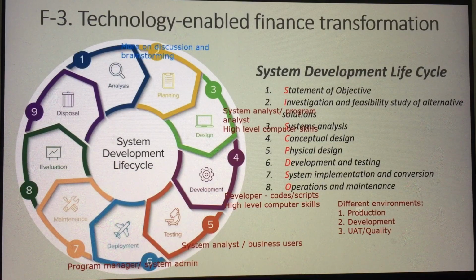And the program manager and the system admin are the ones managing the production environment. So, you see now, meron silang sari-sariling territory within the system. Developer sa development environment. Si program manager or system admin, doon siya sa production environment. They have a segregation. Now, ano naman po yung UAT or quality?